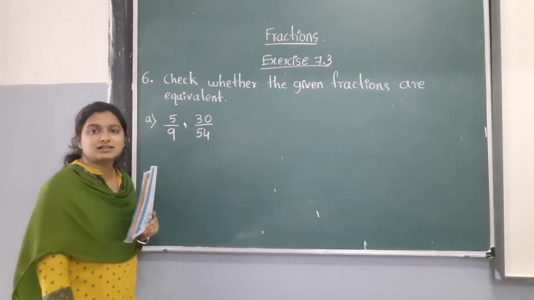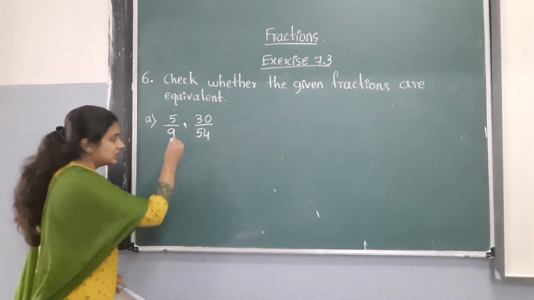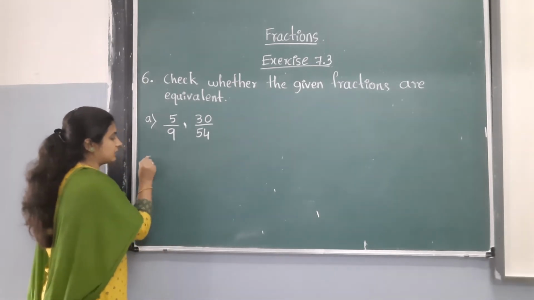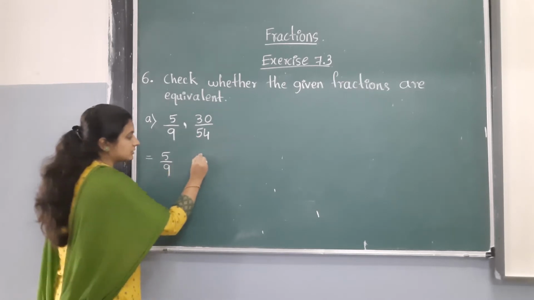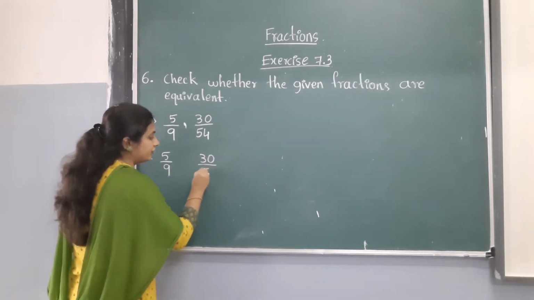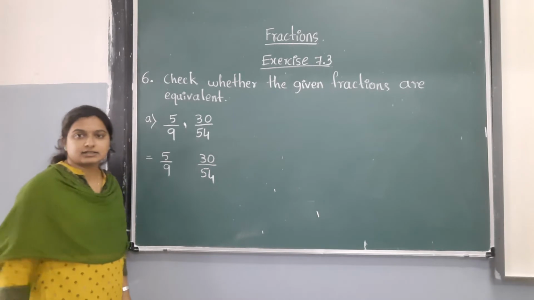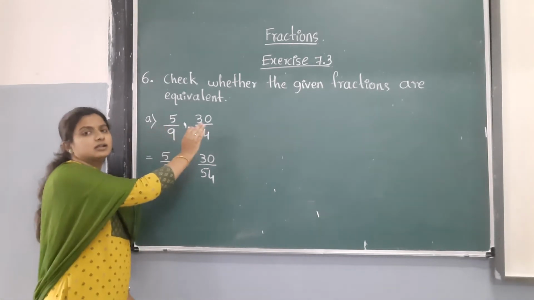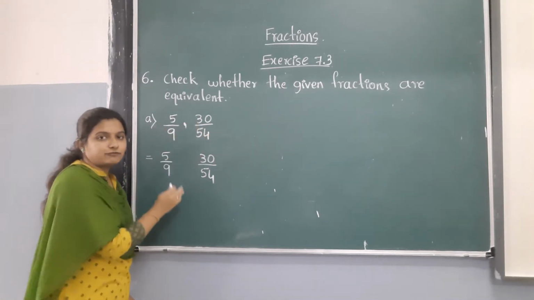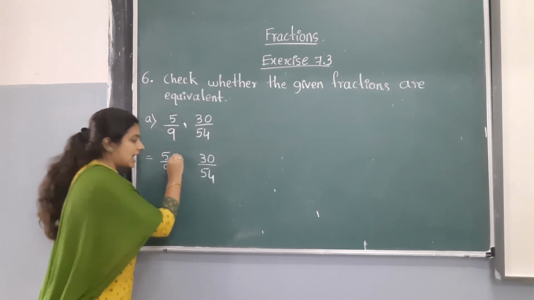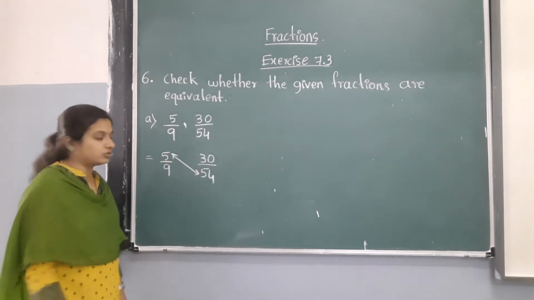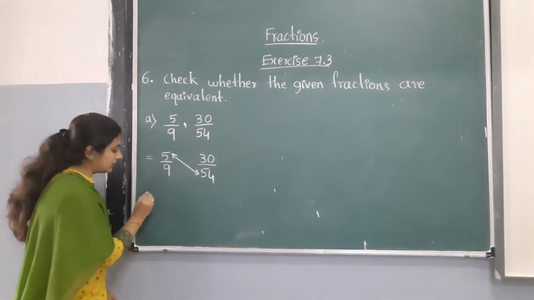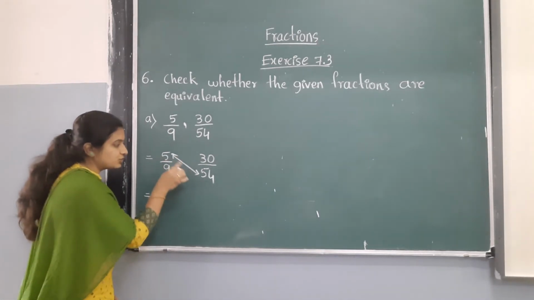How to check, teacher? See here, the same we have to write is equal to 5 by 9, 30 by 54. As it is you write, as it is. The same fractions they have given, we have to write. And cross multiplication we have to do. These two we have to multiply, children. See here, these two and